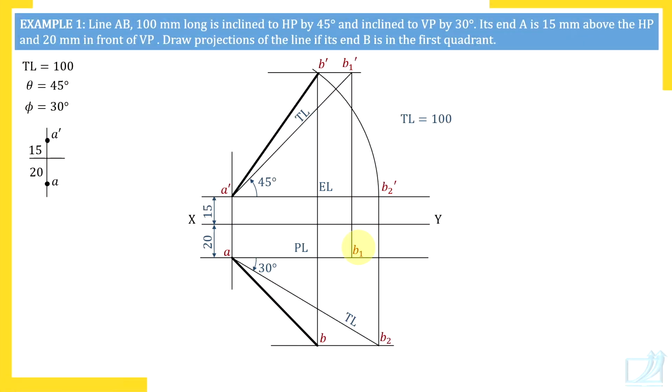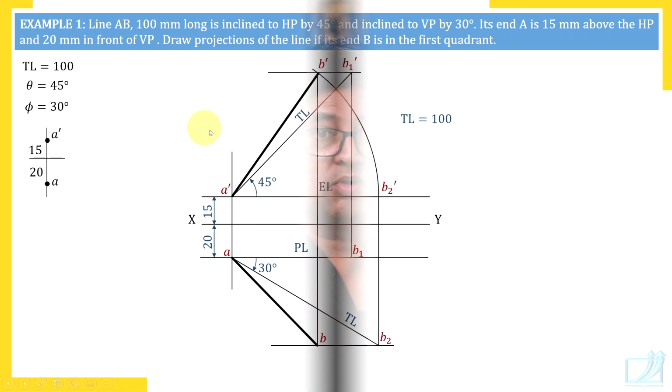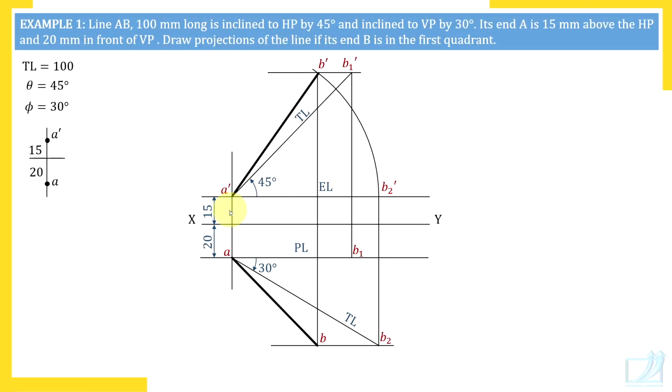Now insert dimensions. Always insert dimensions after completing the drawing. And those dimensions which you have used in the construction, means dimensions which are given in the question, you should insert in the diagram. So here, watch here, the angle 45 degrees theta we have inserted, phi 30 degrees we have inserted here,